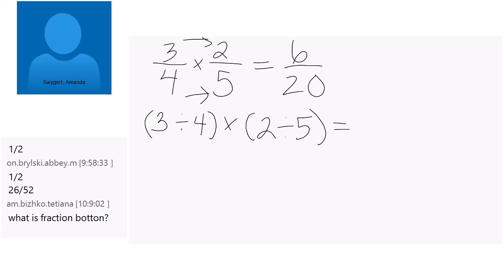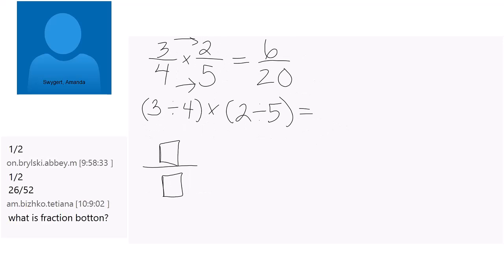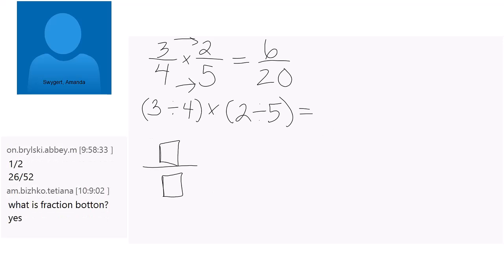The fraction button on the calculator, it probably looks something like this, Tatiana, the one that you have, I'm guessing, if you can find that. I think you might have something like that. So then that would show you what you're going to type in the numerator and what you're going to type in the denominator. So for example, you would do 3, 4, and then hit your times button, and then go get that fraction option again, and then type in the 2/5. So if your calculator has that, it will probably give you this 6/20, or it may give you the reduced answer right away.